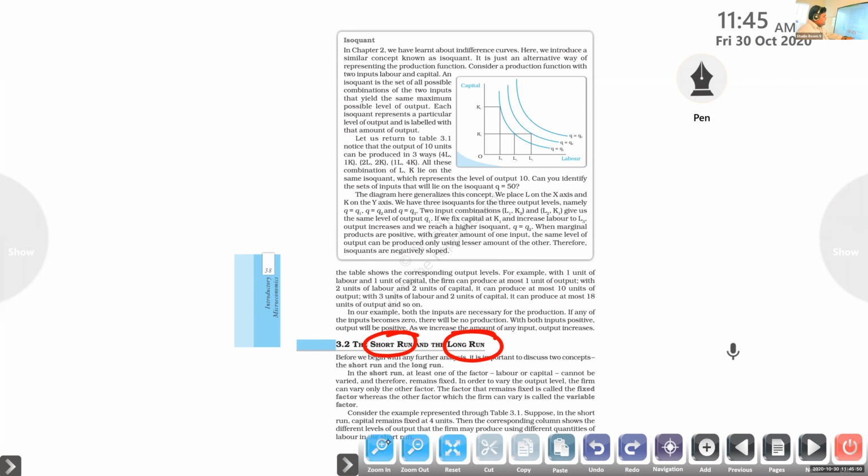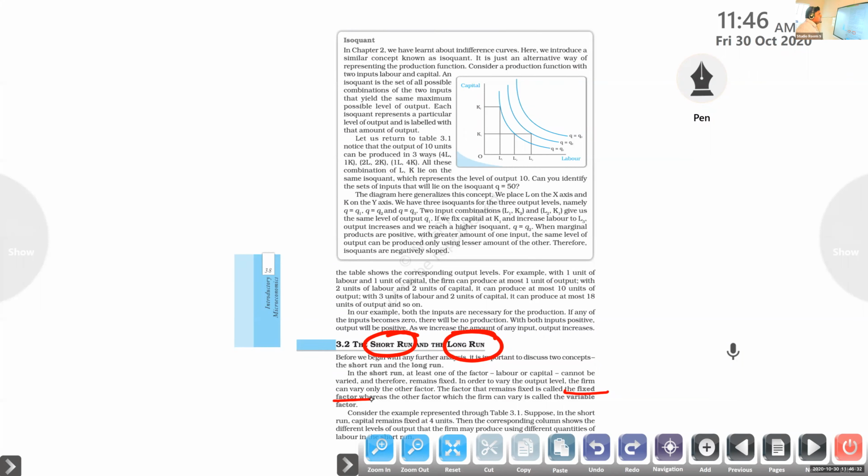The factor that remains fixed is called the fixed factor. In such kind of production, if there is no change for one particular factor of production, that factor is termed a fixed factor of production. For example, a firm that is changing capital but not labor. Capital is changing, labor is constant, so labor is the fixed factor. Is that clear? In the short run, firms can make changes in any one input.